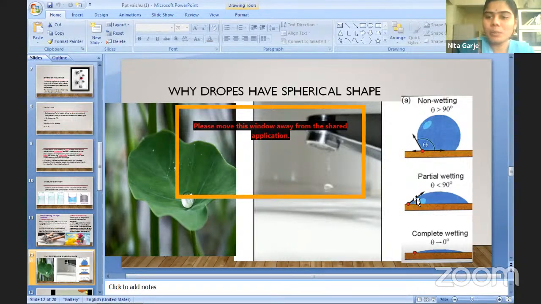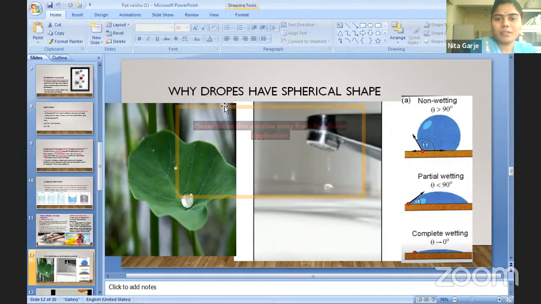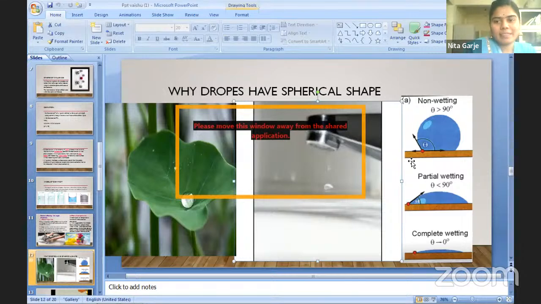The stains are removed. And we see in nature that a drop has a spherical shape, but why is it spherical only? Because the angle of contact is greater than 90 degrees, so the drops are spherical in nature. And one more, the